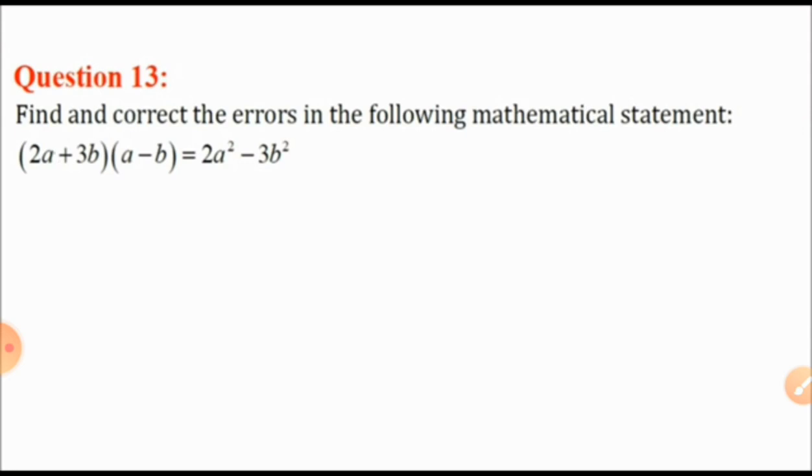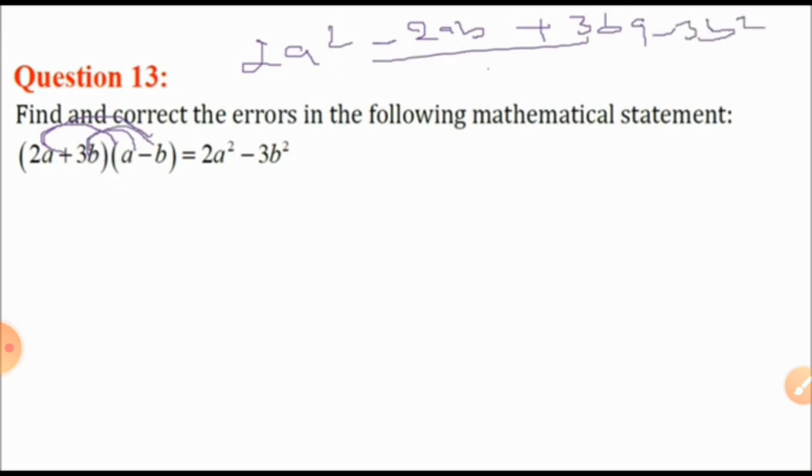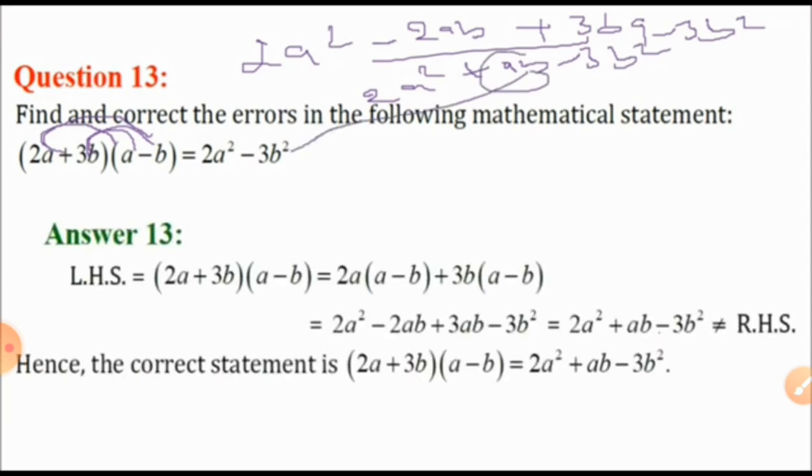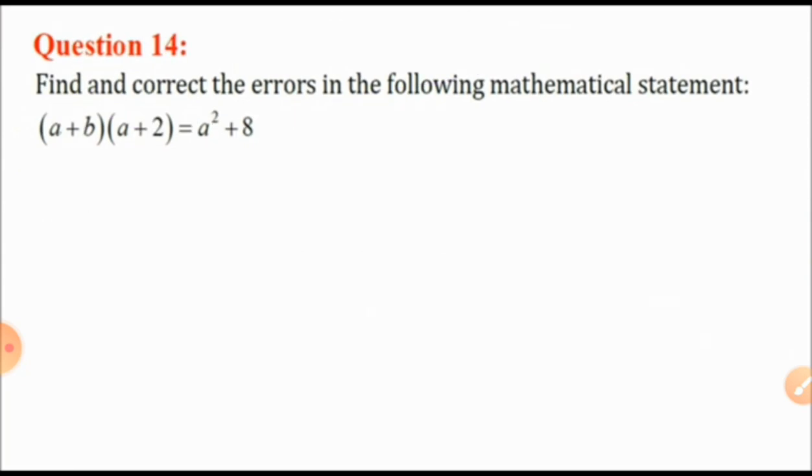13th question. I am moving very fast because this type of question is only correcting. So you can check your identities. Prepare a chart of the identities and remember them all your life. Every time it is very helpful to you, and see the questions and write the identities one by one. So this is also not right. Our final answer should be plus.